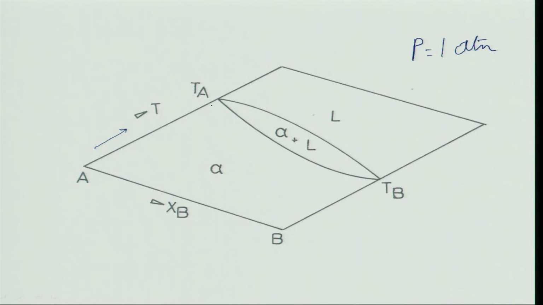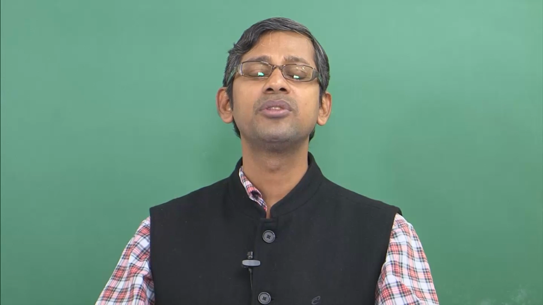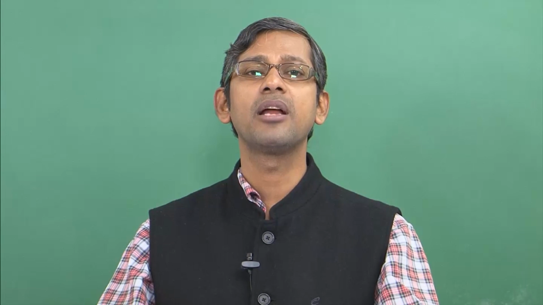For simplicity, let us suppose the two components are iron and carbon. Although this will not follow this diagram, still, if I have two components, iron and carbon, and I know that a binary alloy, basically an alloy, is a mixture of two components together, suppose a binary alloy of iron and carbon consisting of